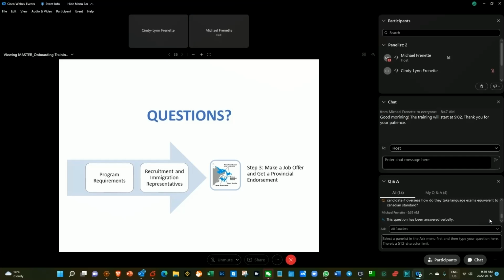For the recruitment agency, yes, you are responsible. If you wish to use a recruitment agency, you as an employer need to ensure that they meet all federal regulatory standards in that country or here in Canada. So you are responsible for that screening as well, yes. All right, perfect. So we'll move on to the next section. Again, we'll pause after this chapter, just if there's any other question.